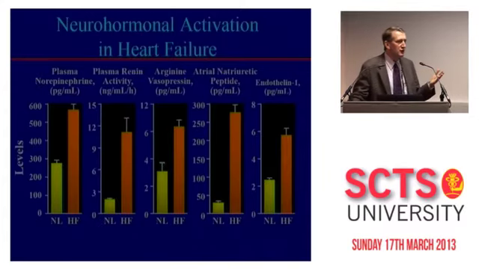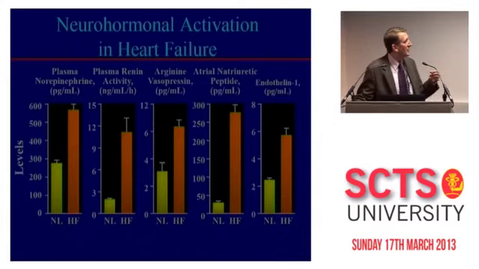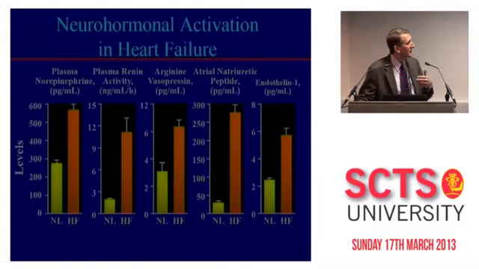So, I mean, if you look at it in evolutionary terms, shock is a situation where you have hyperadrenergic neurohormonal activation. So when you lose a lot of blood, septic shock and so forth, it preserves perfusion of vital organs and so forth. Congestive heart failure, however, is a state of permanent shock. And whereas in the acute myocardial infarction, it may preserve perfusion of vital organs, the issue is that it's going on for a very long time. And the body hasn't evolved to know how to adapt to a chronically failing heart. And so there's neurohormonal activation for a long period of time, and those secondary effects are what further damage the